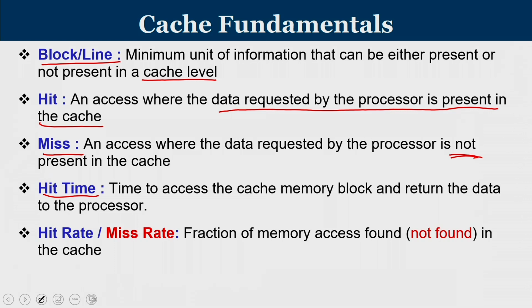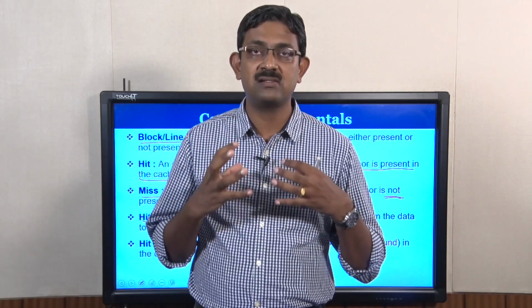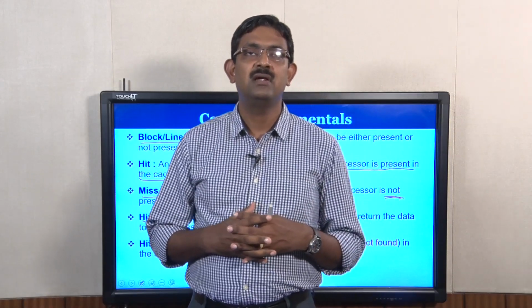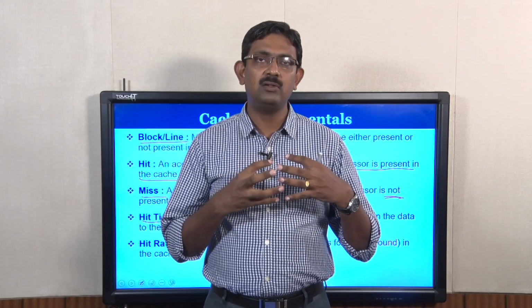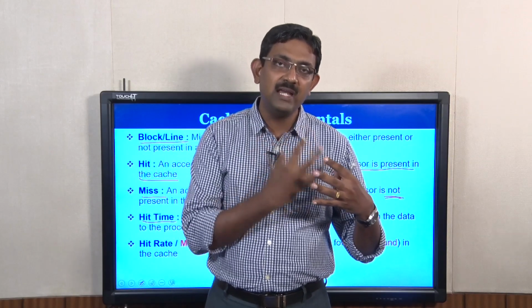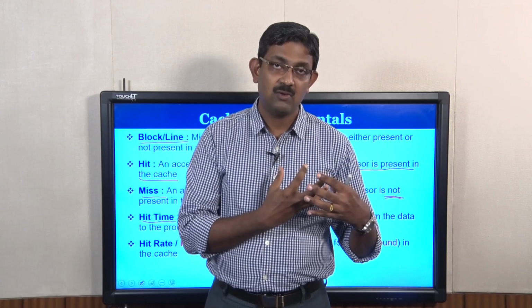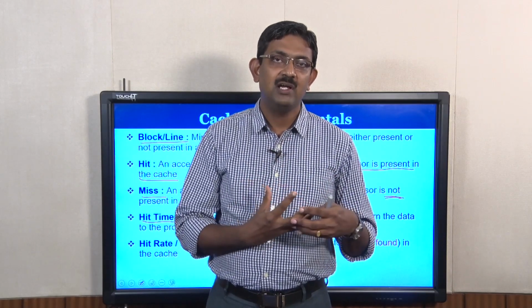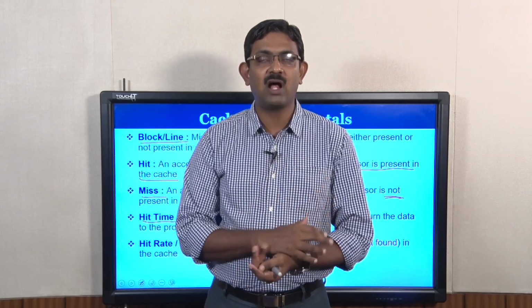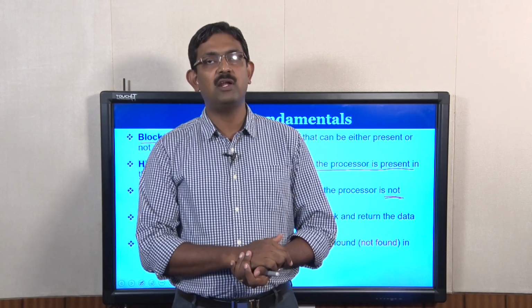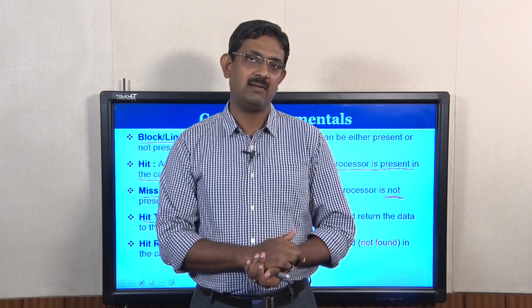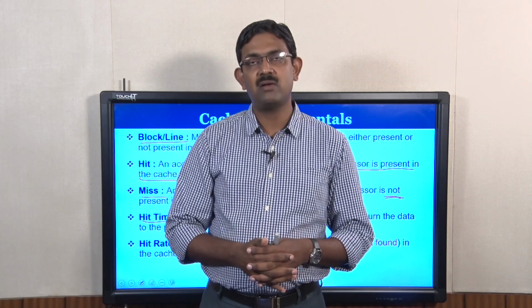And then we have hit rate. At the same time, we can define miss rate as well. It's the fraction of accesses that are found or not found in the cache. Now let us try to understand the parameter of hit rate. Let us say I am going to access the cache 100 times. If there is a hit for all my accesses, then I call the hit rate 1. If I am getting a hit only in 90 out of the 100 times that I am visiting the cache, then it is called a hit rate of 0.9, 90 divided by 100. And the miss rate is 10 divided by 100, 0.1.